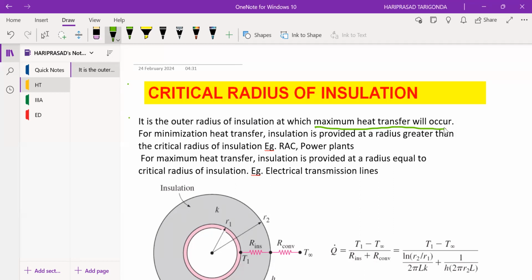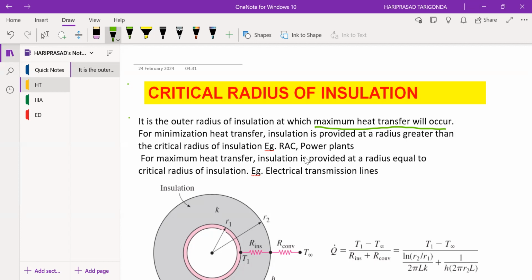Generally, if you provide insulation, heat transfer rate will be minimized. But situations are there where initially the heat transfer rate will be increasing and reaches a maximum value, and then it will be decreasing. That condition where we are getting maximum heat transfer is called the critical radius